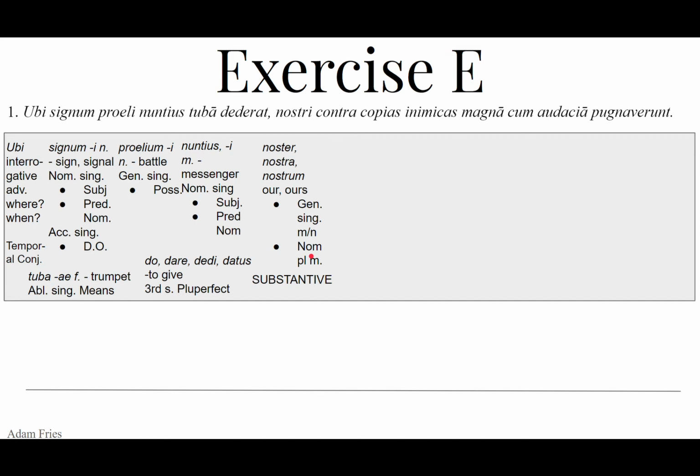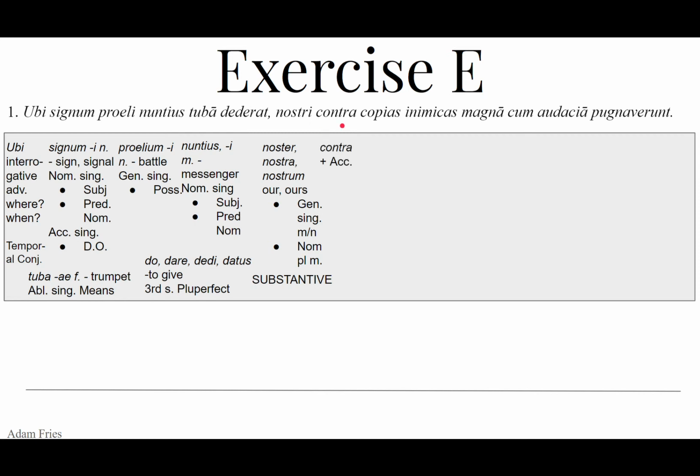This is nominative. This is going to be the subject of a main verb coming up. This is the main clause. This is a temporal clause, a time clause. When this happened, then this main clause happened. So nominative plural masculine, it's going to be the subject because it's in the nominative case. Ours, or our men, our people, our dudes, plural masculine, men.